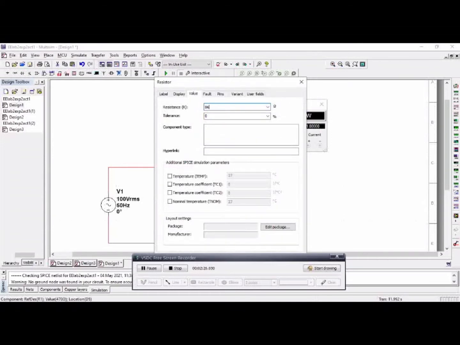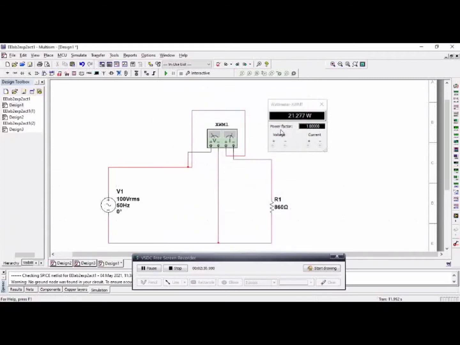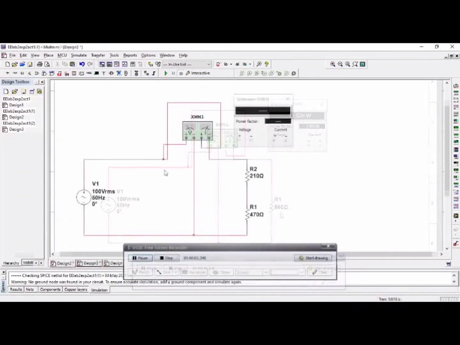at 60 ohms, and then we start the simulation, and we get the ohms. This is the ohm. This is the watt. Next simulation,